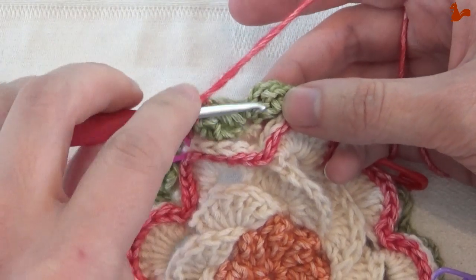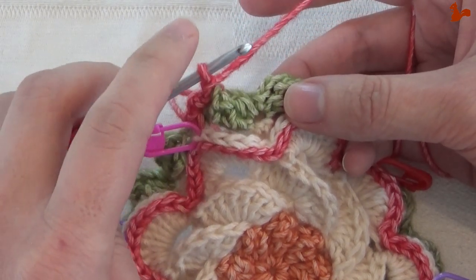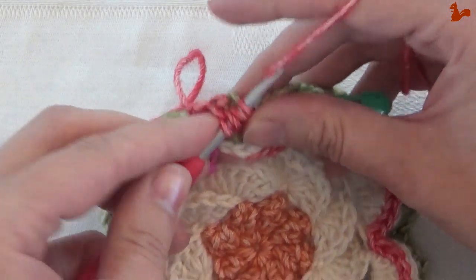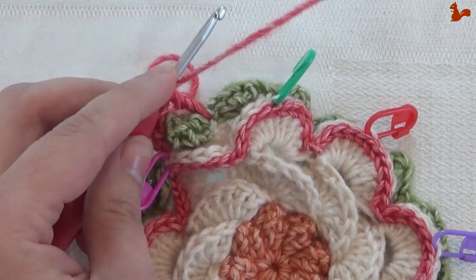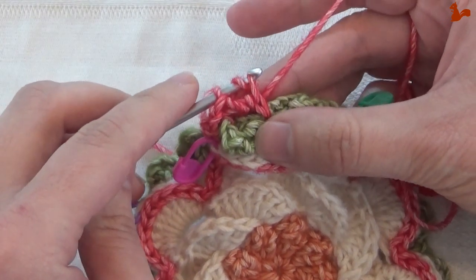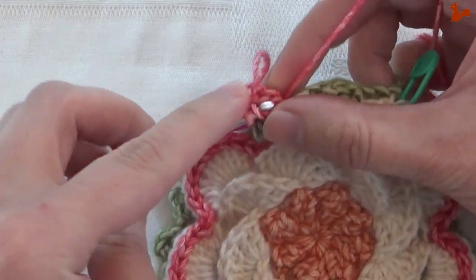Then in the middle you've got here the slip stitch that's in this space from round 7. Over that we're going to make a popcorn stitch, and this time a popcorn A. So again I'm going to start with a treble, then in that stitch, covering the slip stitch that you have in there, make it double, make it treble. Then on the side of the treble, going to make 3 double crochets. So here in the base, the treble, make 3 double crochets. It's 1, 2, 3,